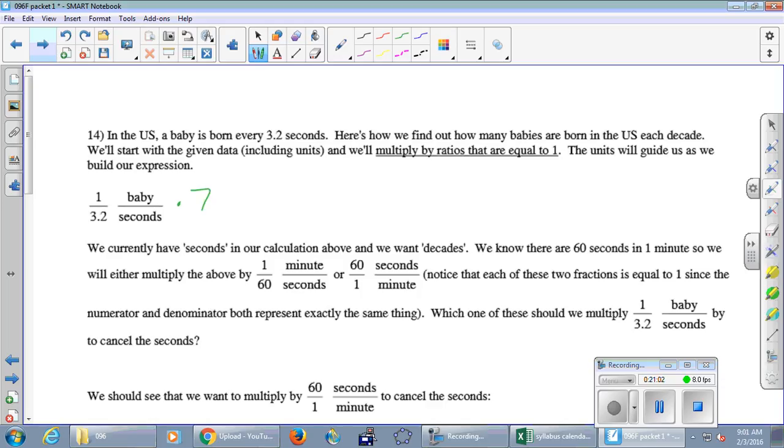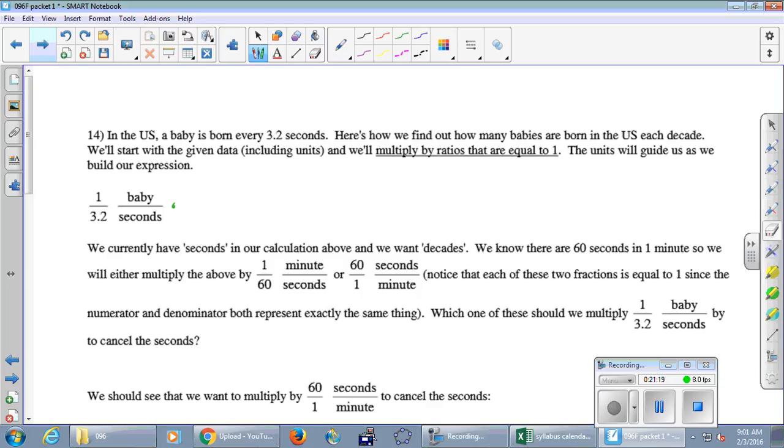Look, if I multiply that by 7, I have changed the value of that number, right? It's not equal to what it was a second ago. But if I multiply by 1, okay, well, it's kind of silly because I haven't done anything. And that's the idea. We're going to multiply by very particular forms of the number 1. But 1 is the only thing you can multiply by without changing.